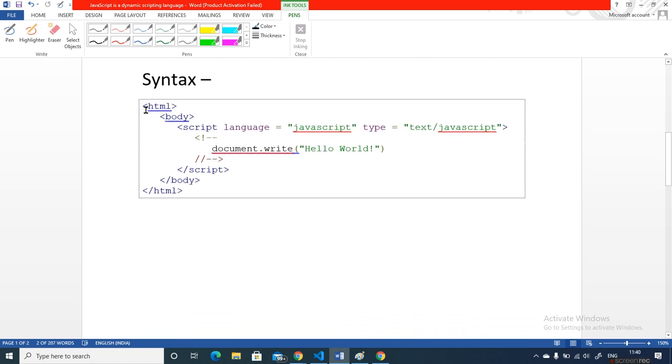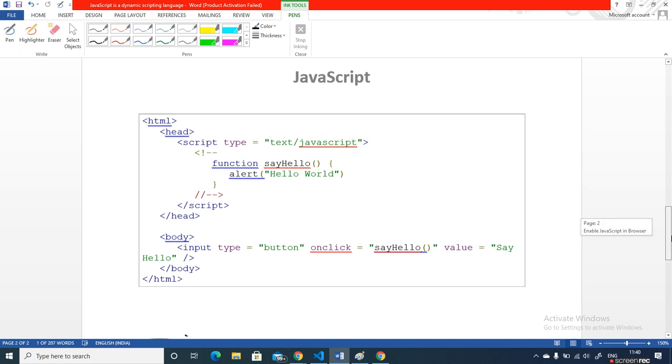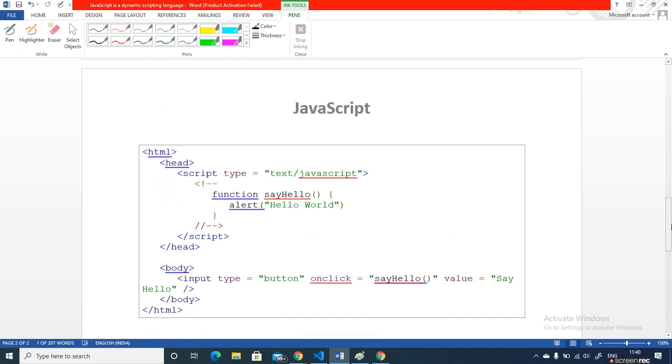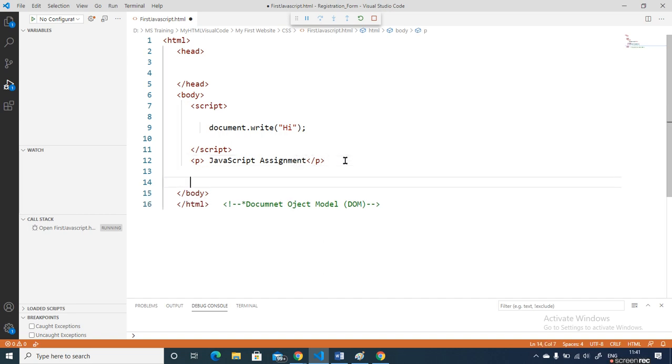So about the syntax, we add the script tag, and in the script tag we add our JavaScript. Now I will do one more quick assignment on that. We put a button here, and on the button click we call a function. Here, in the body, I will add below the paragraph a button, an input